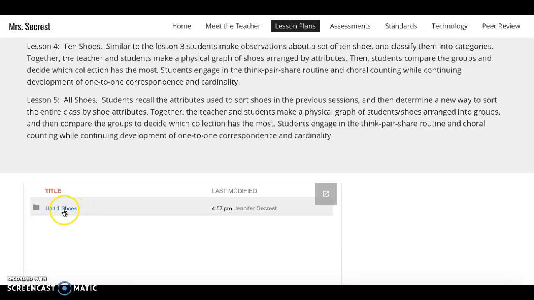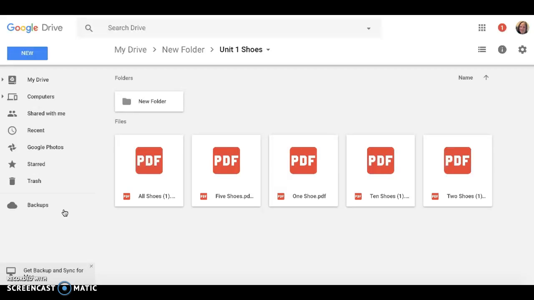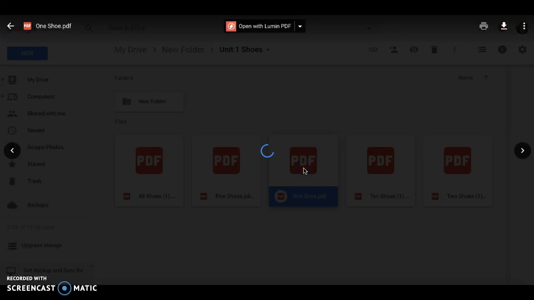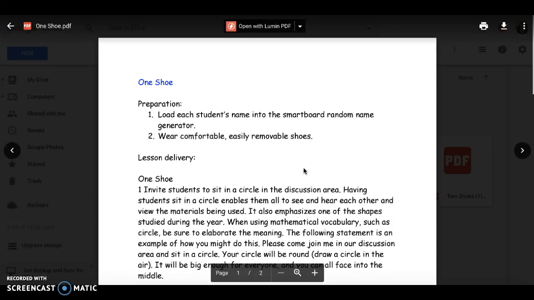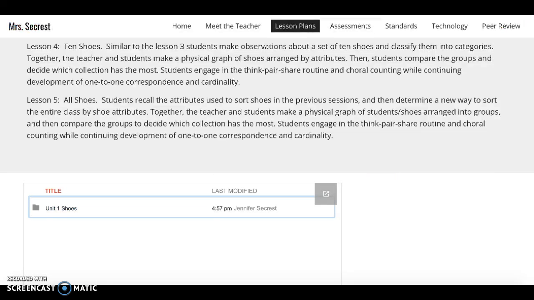Then if you click on the unit, it opens up the drive, and you can click on the PDFs of the lessons. And there they are. Then if you click assessments,